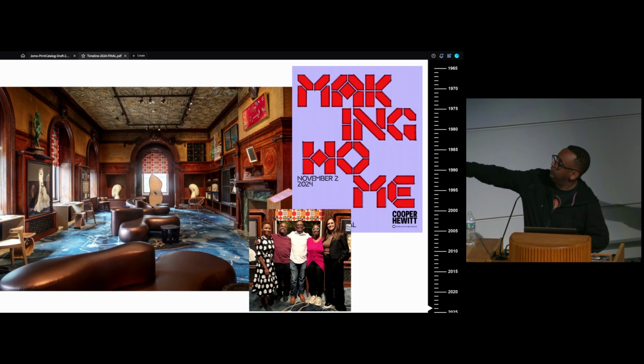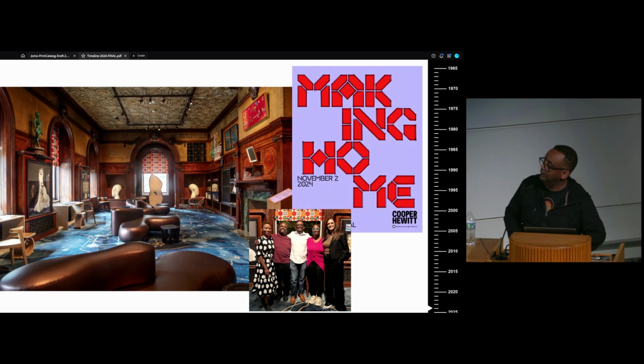The five of us that you see in the photo from the Guild, an architect, an interior designer, a ceramicist, another interior designer, and me, the furniture designer, curated this whole show. It is supposed to be interactive. We called our section this because we were given the library part of the Carnegie. This was Carnegie's library. The whole home used to be Carnegie's, and we turned it into what we called the